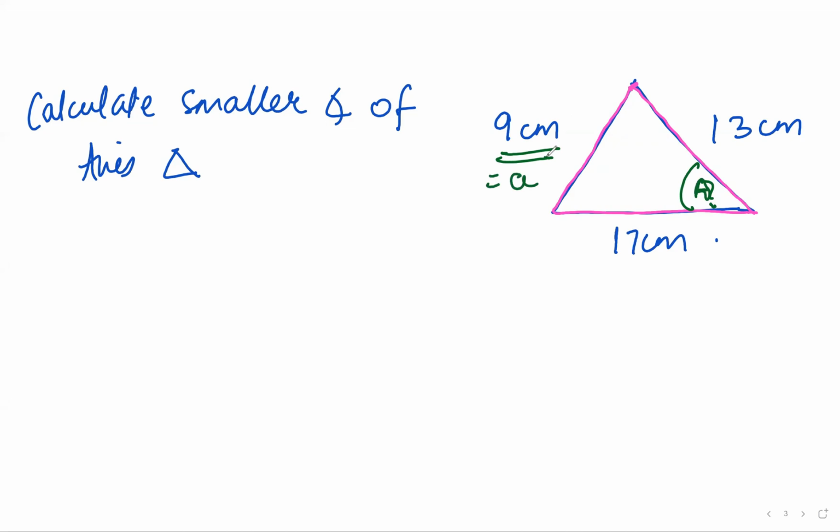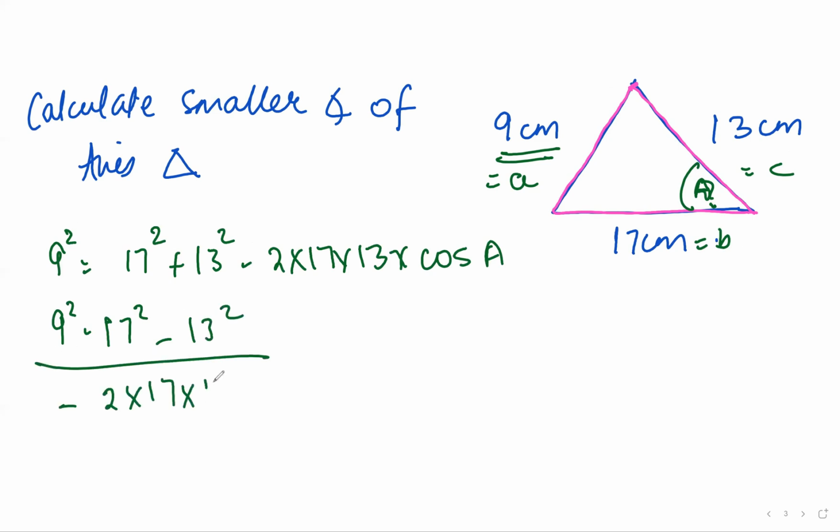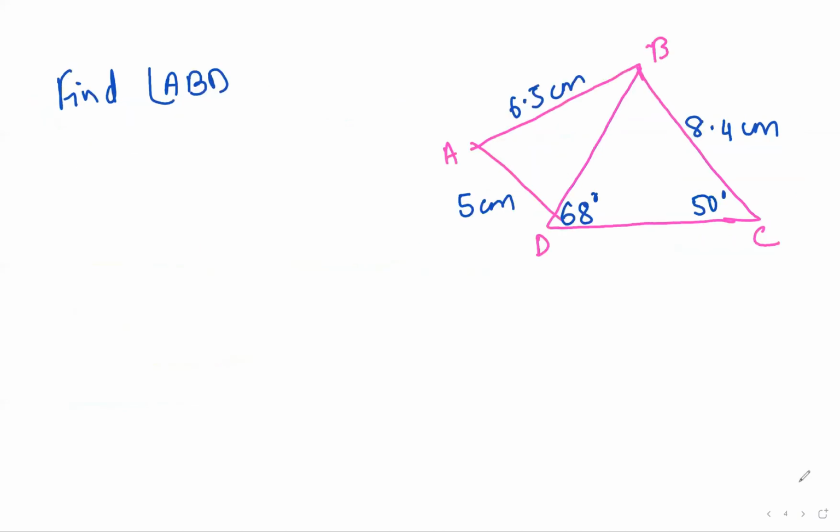So in case of cosine rule, it is important to determine your A, and then you can take anything B and anything C. So A square is equal to B square plus C square minus 2 into B into C into cos A. Correct? I will be taking all these things on another side. Divide by negative 2 into 17 into 13. I want to find A. So I'll take this cos inverse is equal to A. When you will be taking all these things on your calculator, you will be getting A as 31.47 degree, right?